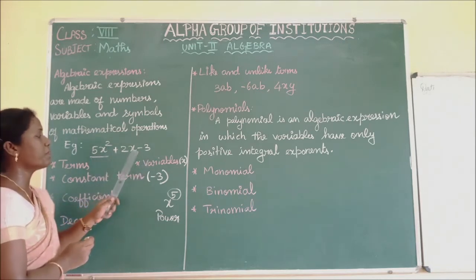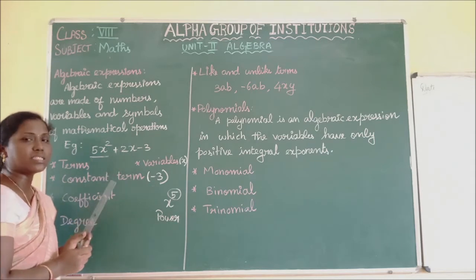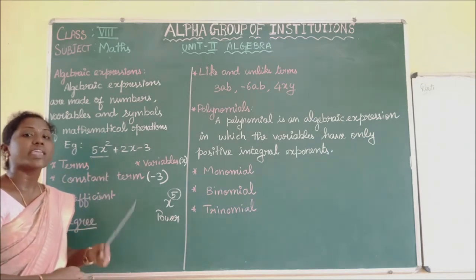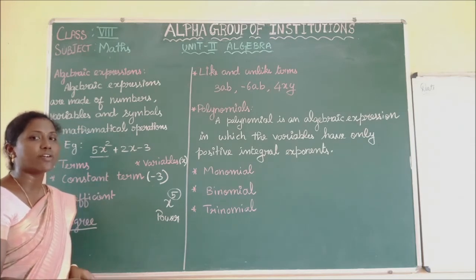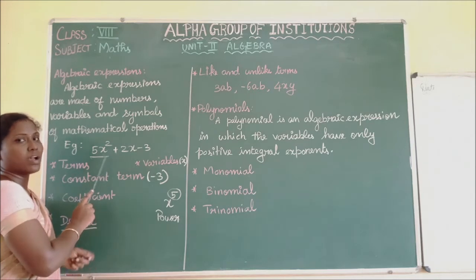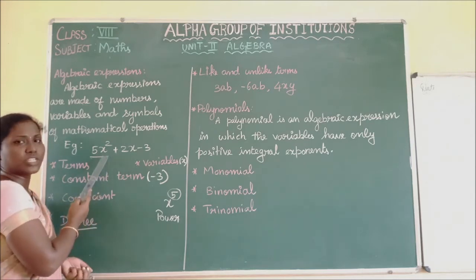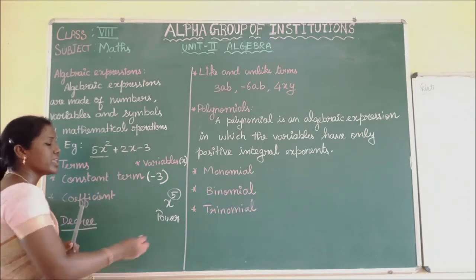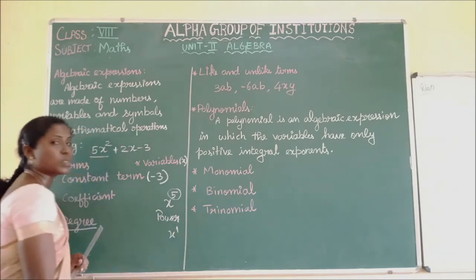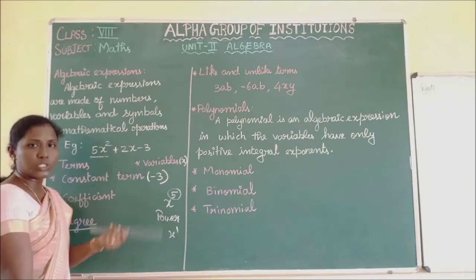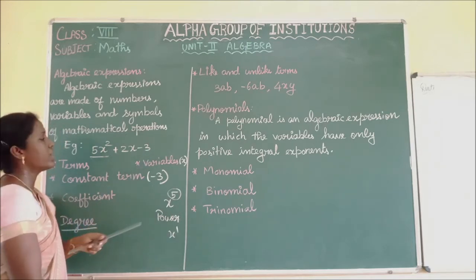For the given expression, the highest power is called the degree of the polynomial. So if I ask the power of the first term, we have to say in the first term the power is 2. Second term, the power of the variable is, here nothing, x means we have to consider it as 1. Okay, x is 1. And for the constant term there is no variable, so we can't identify the power.